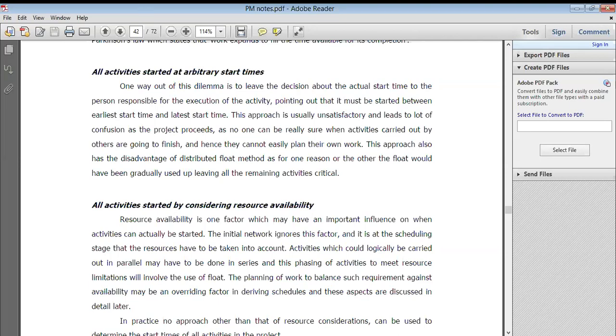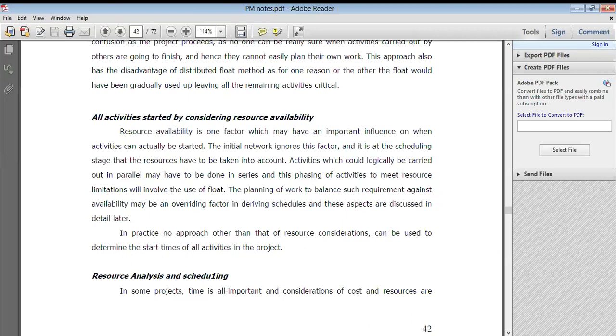Yes, now the activity is started by considering resource availability. For some kinds of activities, when we start, all resources are available. For example, if a production company is there, all material and all things are available, so the production of the product starts very easily. But if today I have to produce 150 units and I have material for only 100 products, then it is not possible to complete all 150 products, right?